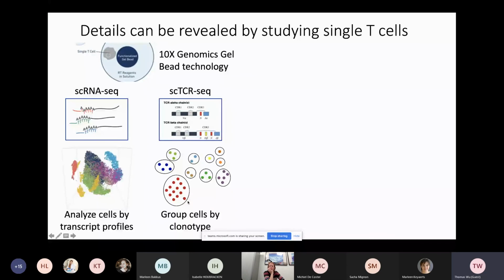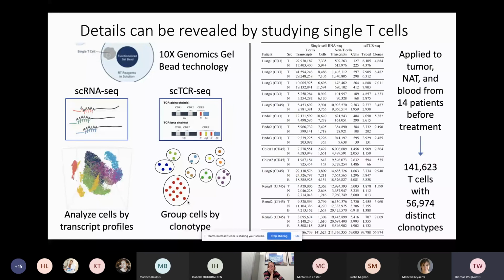So we performed both single cell RNA-seq and single cell TCR-seq in a set of patients. And we applied it to the tumor, NAT, and blood from 14 patients. Actually, the blood only came from 4 of the patients. But in all the other patients, we had both blood and NAT samples. And this yielded a relatively large data set. In fact, I think this data set, certainly at the time of publication, was the largest data set of T cells from